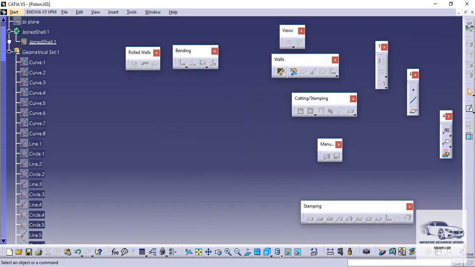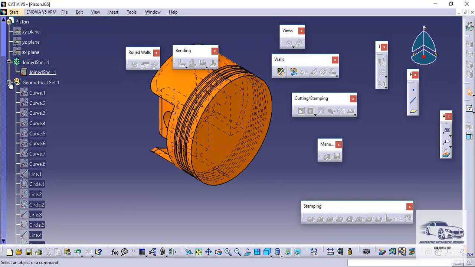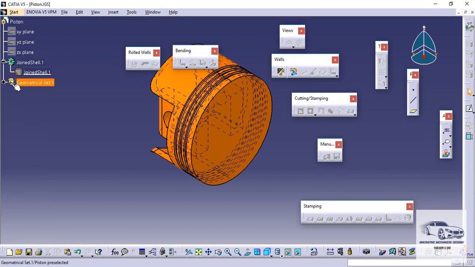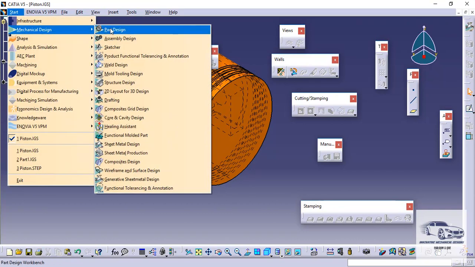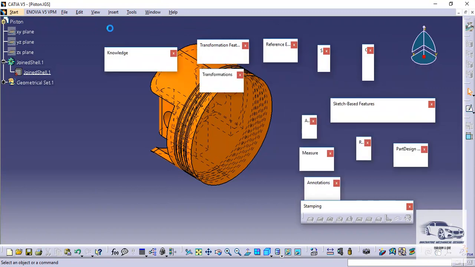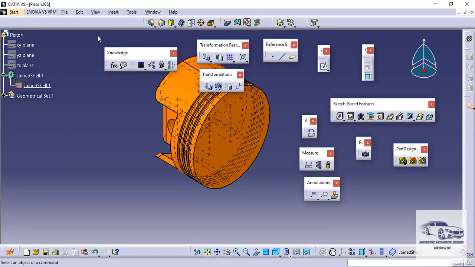Now let us take a look at the part feature recognition toolbar. For that I have to change the workbench to the Part Design workbench. Now here we have this toolbar.